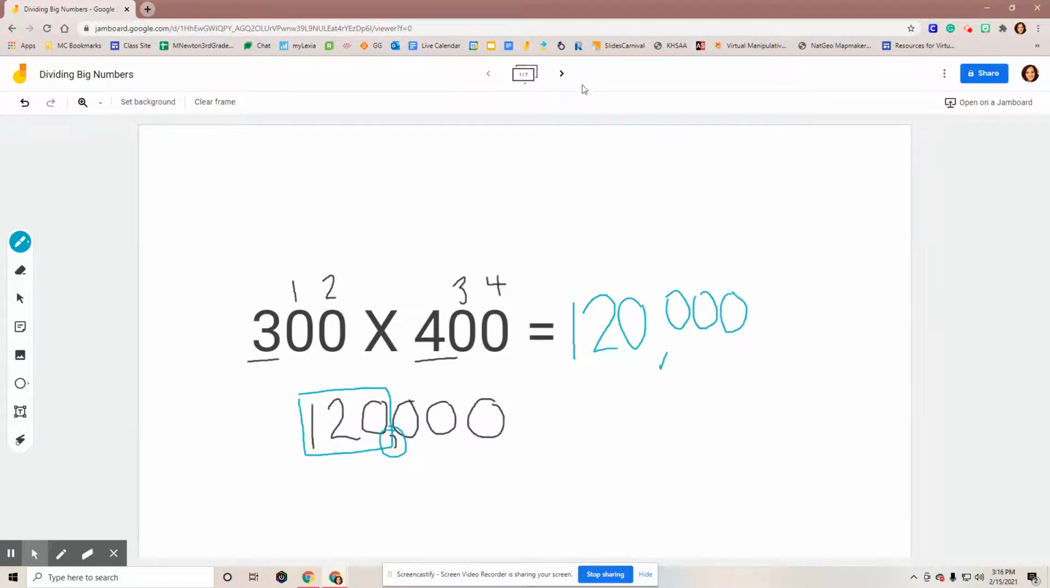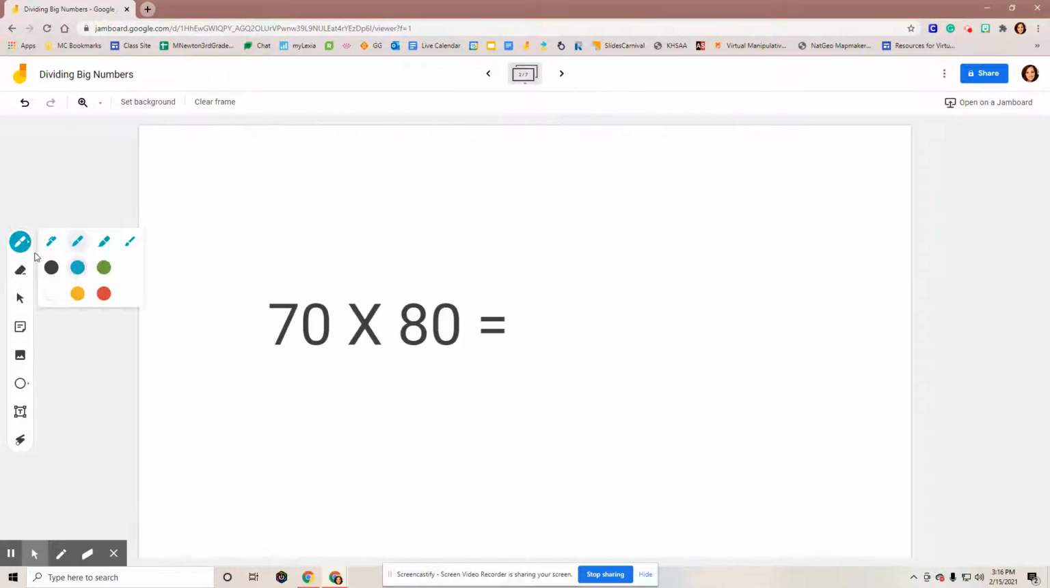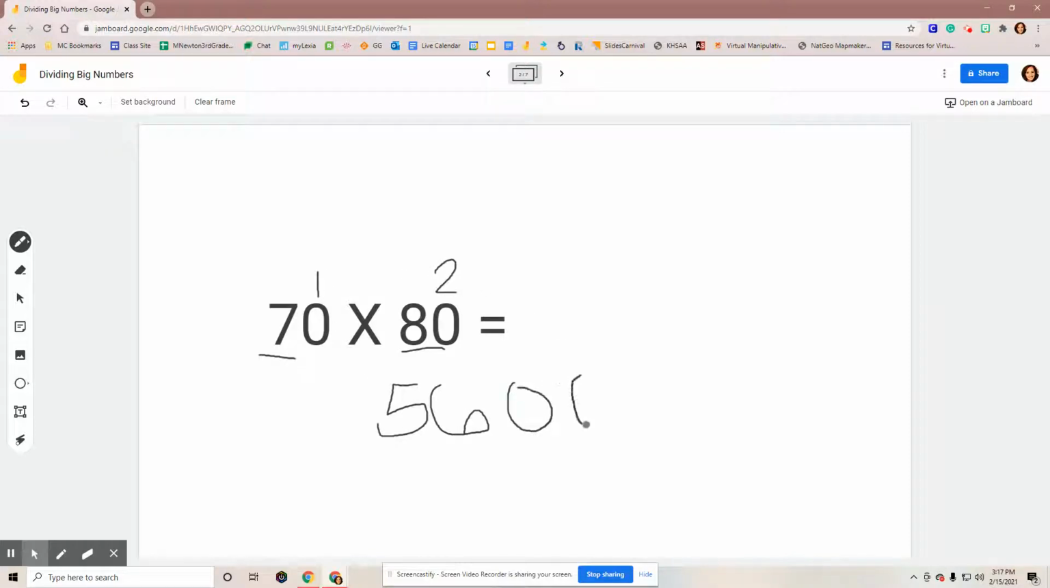Okay. All right, let's do another refresher question. So erase your boards. We have 70 times 80. Okay, so we have 7 times 8. We know that that gets us 56. Then we count up our zeros. We just have 2 zeros. So 1, 2. We start on the right and we go over every 3 digits. 1, 2, 3. Add our comma. So we know that the answer is